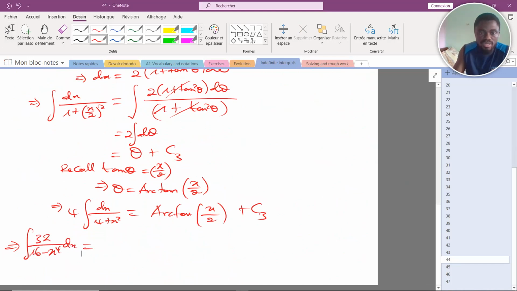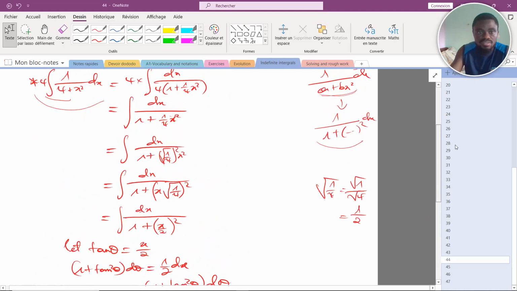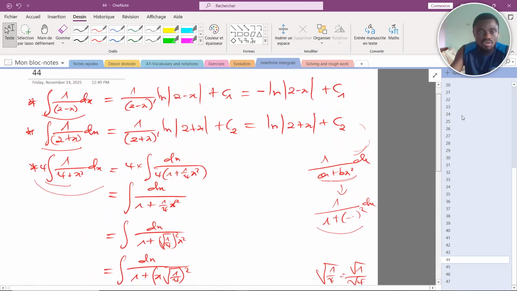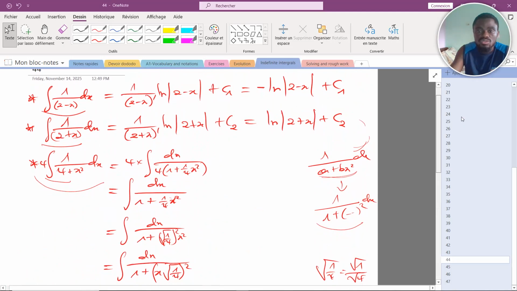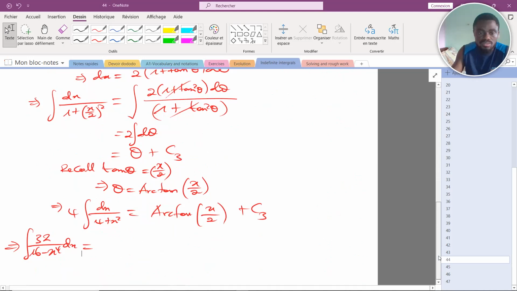It implies this will be equal to what? I substitute the first integral. The first integral is the integral of 1 all over 2 minus x dx, which gave minus ln of 2 minus x